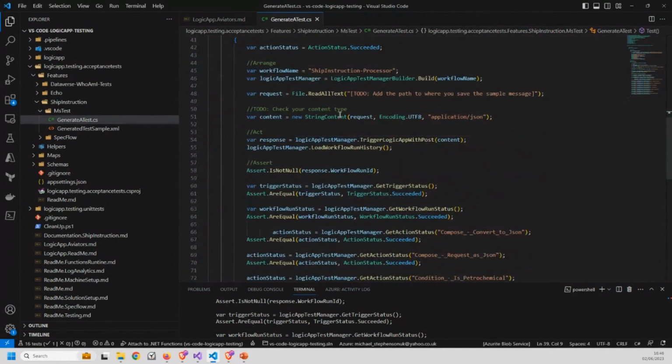So this test here, what it's doing is it's saying, here's the logic app test manager. We're going to read a file, so we're going to have to set this sample file up in a moment. And we're basically going to trigger the logic app. And then after that, with this operation here, we load the run history, and then we've got